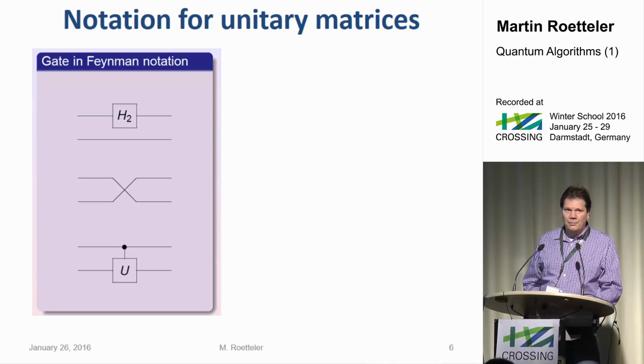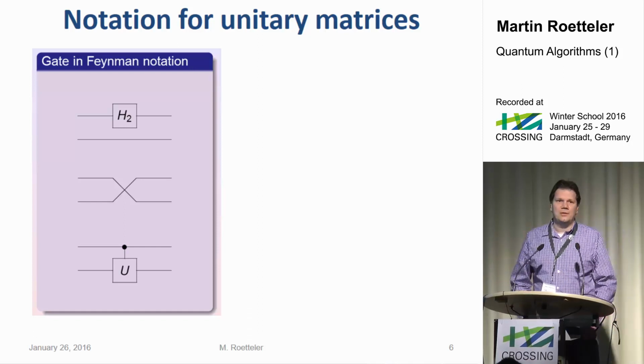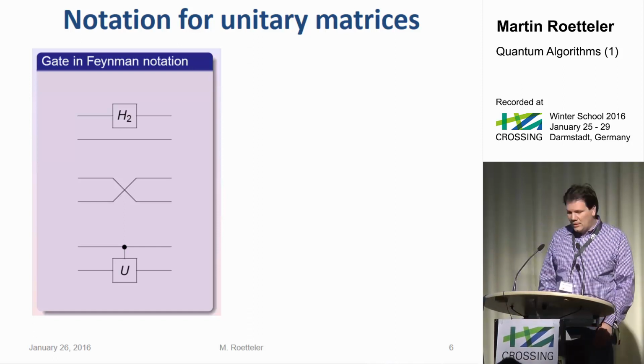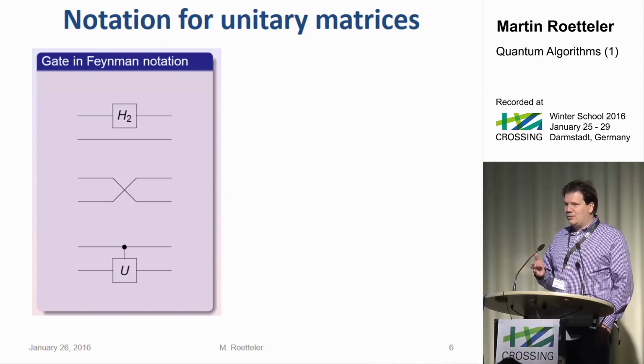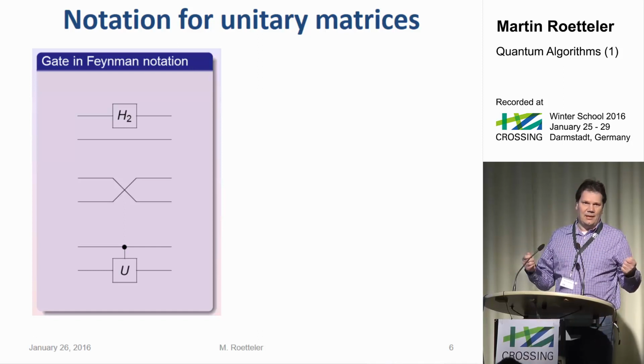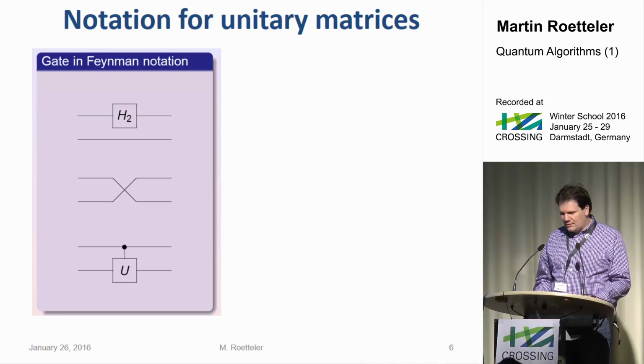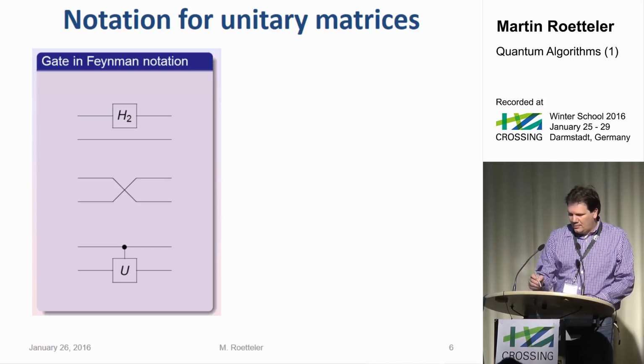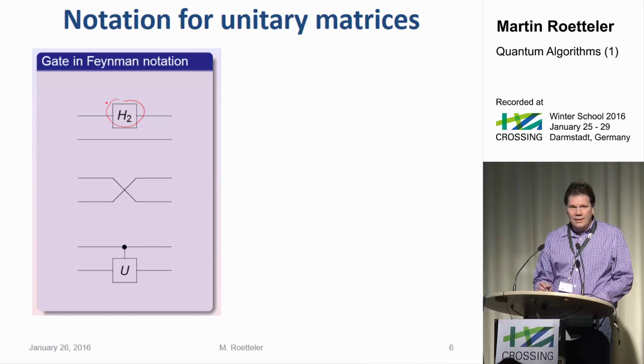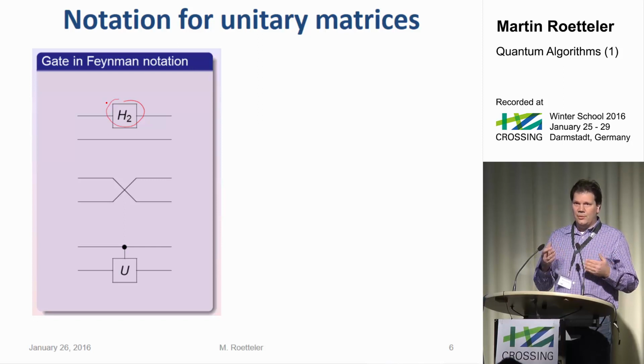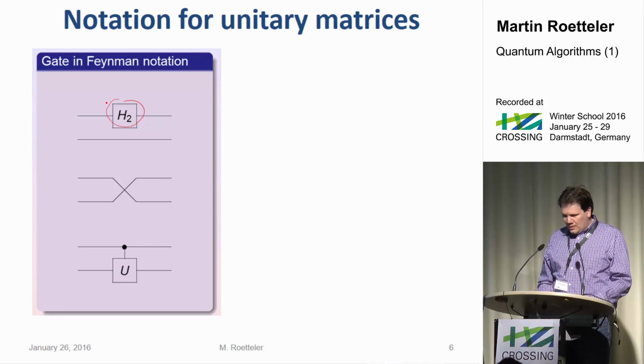All right, we heard already a bit about gates. I just want to recap a little bit and establish some notation. There's this graphical calculus for quantum algorithms, which is extremely useful because it's very concise. It allows you to specify algorithms basically as diagrams, kind of like classical circuits. What you have here is a gate. That's the Hadamard gate you saw in Mike Mosca's talk. It's a 2x2 matrix. It's unitary. You can see it as a Fourier transform for the elementary Abelian 2 group.